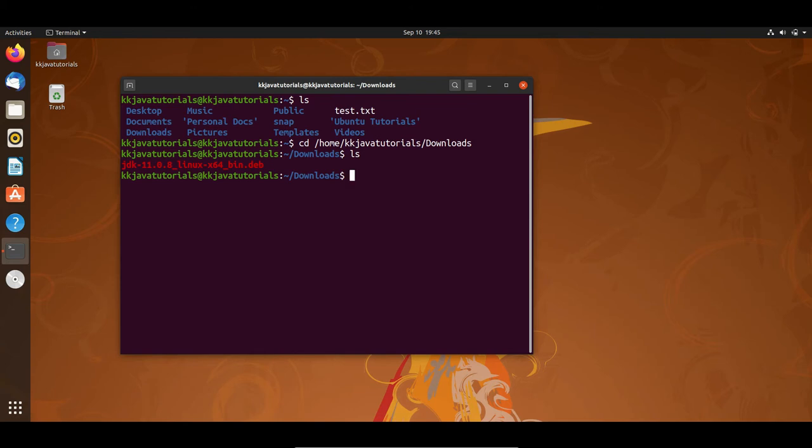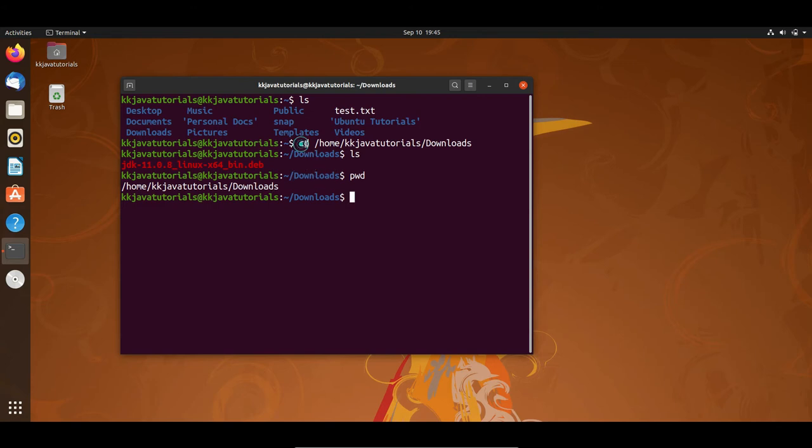As of now, there is only one, the JDK download. Here the command prompt has changed. If I type pwd, the present working directory, this shows I'm inside /home/KK Java Tutorials/downloads.